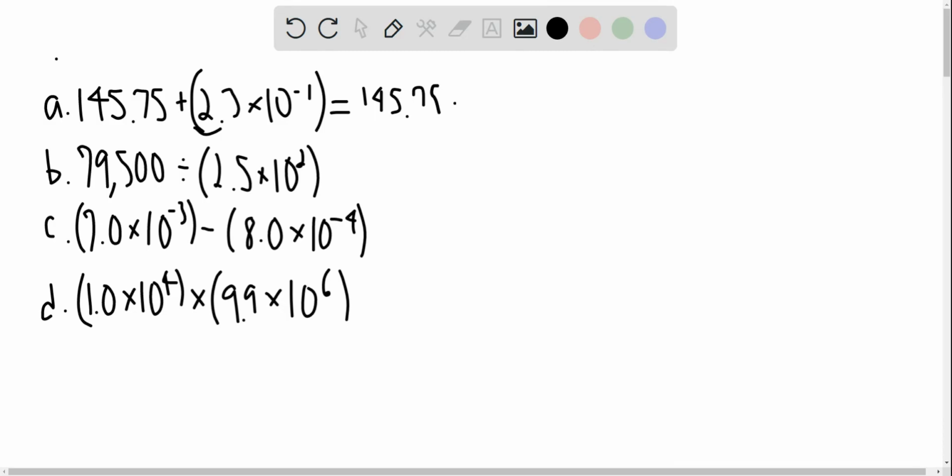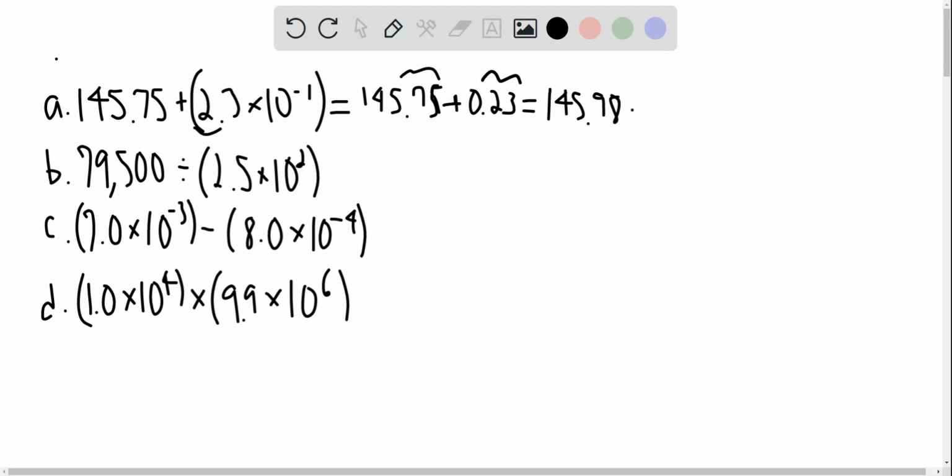So we get 145.75 plus 0.23. Okay, and this comes out to, of course, we just do the addition. It will be 145.98. Now, as you can see, we didn't round anything, but that's because when we do addition, we look at the least number of decimals and we round to that number. But since both of our addends here have the same number of decimals, 2 decimals here, 145.75, and then 2 decimals here, 0.23, we only need 2 decimals in the ending answer,